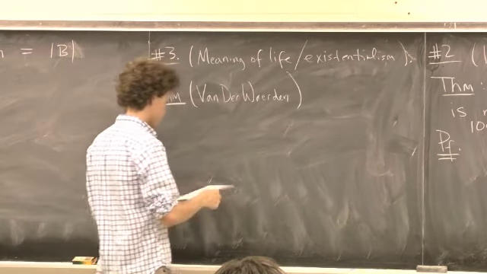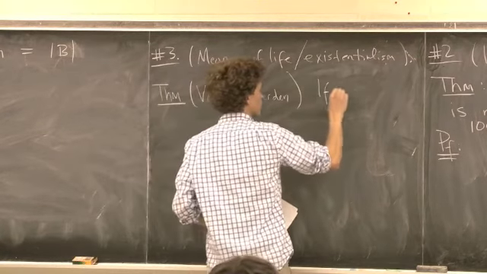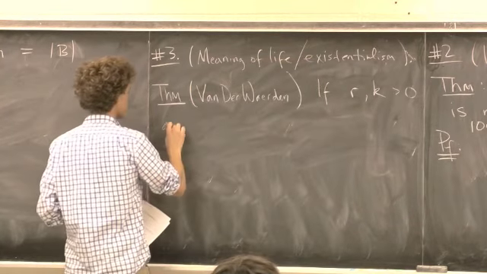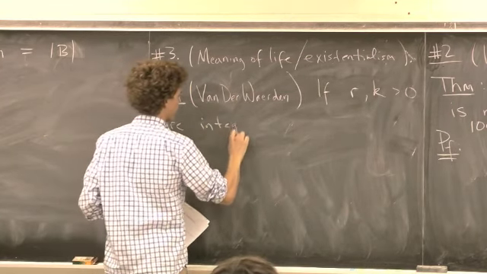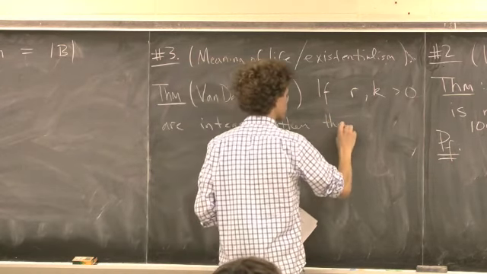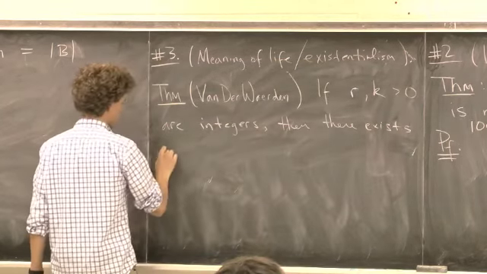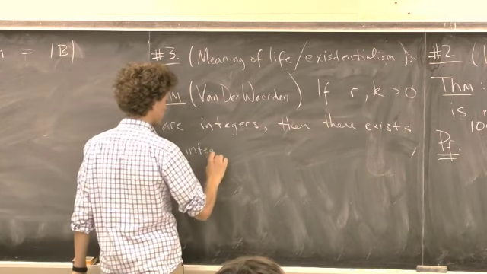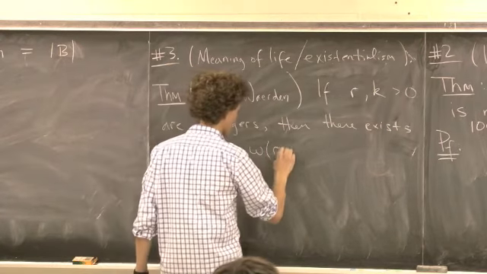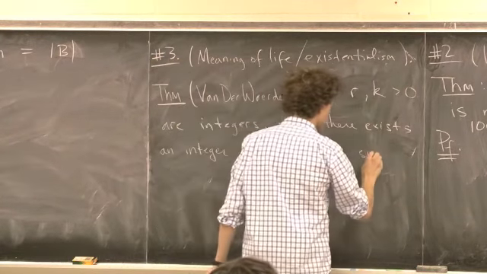Okay, and it says if R and K greater than 0 are integers, then there exists an integer. The integer's got a long name. It's called W of R, K. It's greater than 0, such that